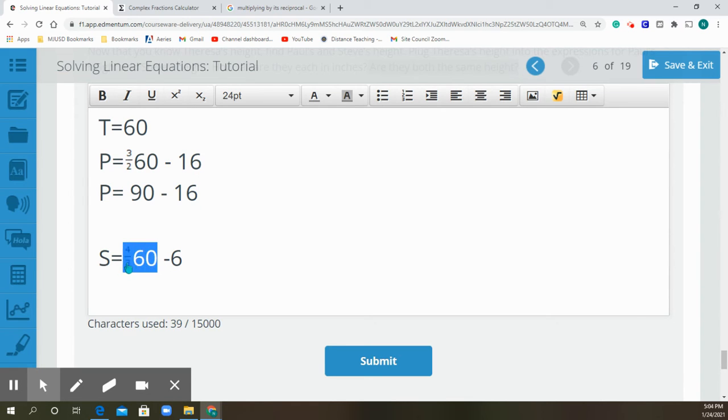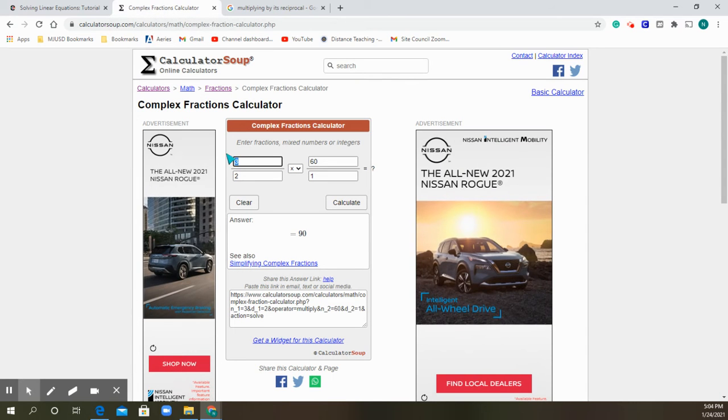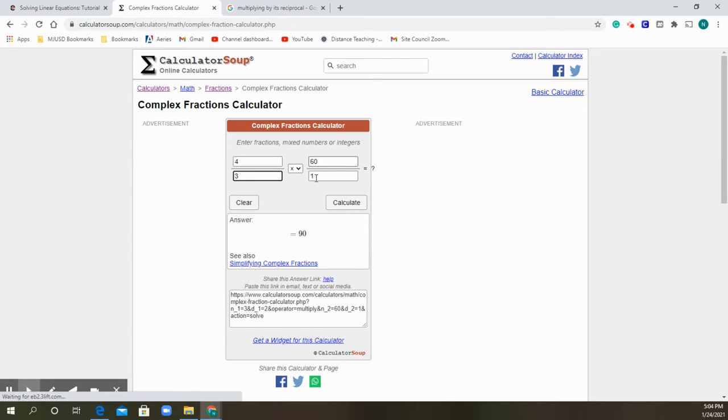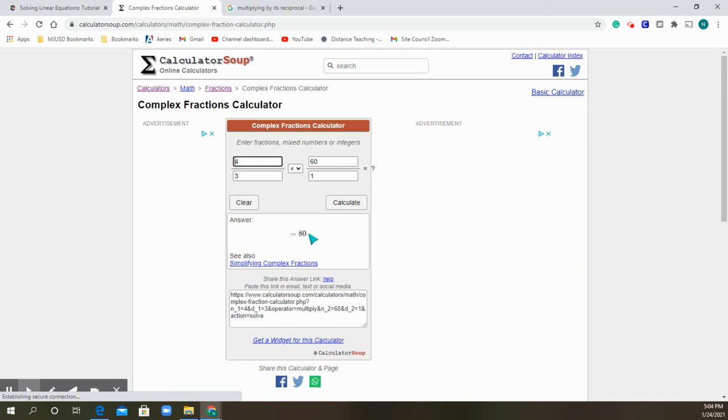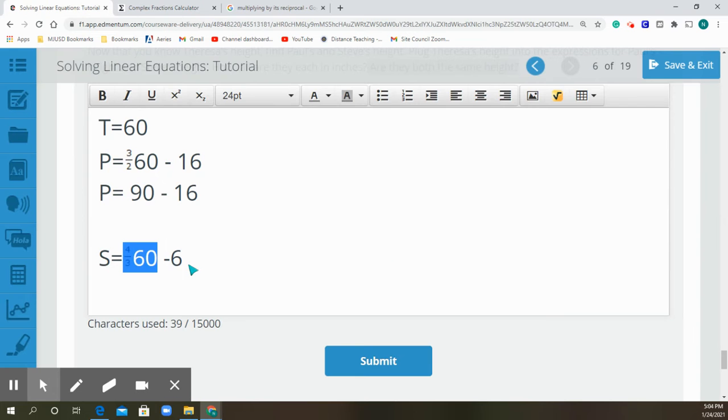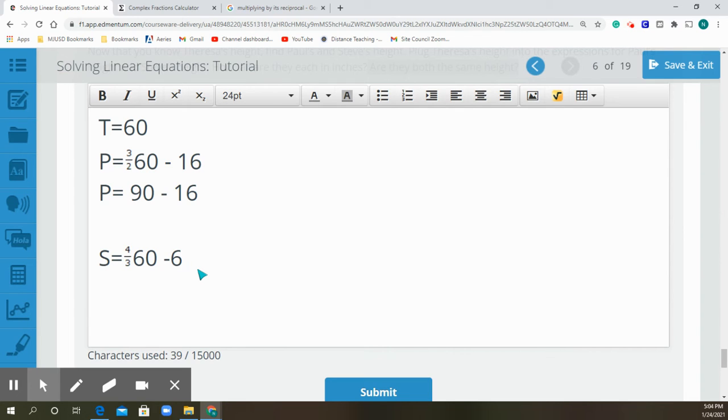I'm going to go ahead and skip down to this one and do the same thing since we're in that mode. So 4/3 times 60 over 1 equals 80. So S equals 80 minus 6. Okay. All right, so now,